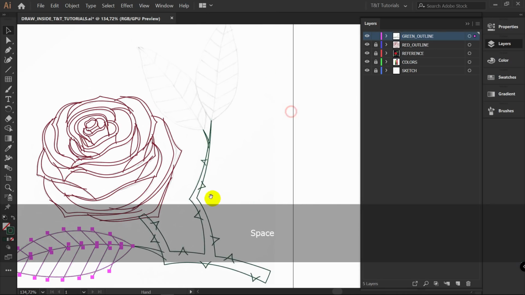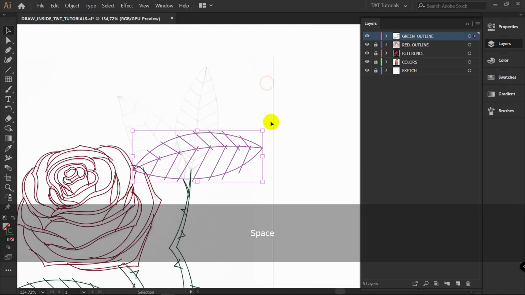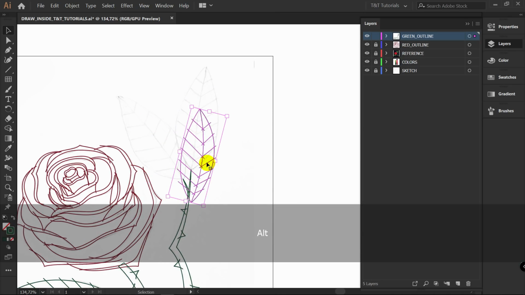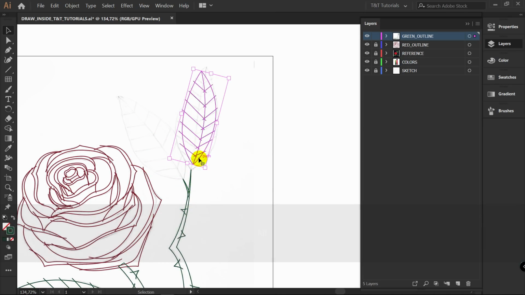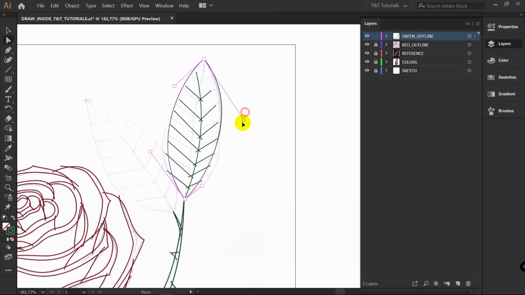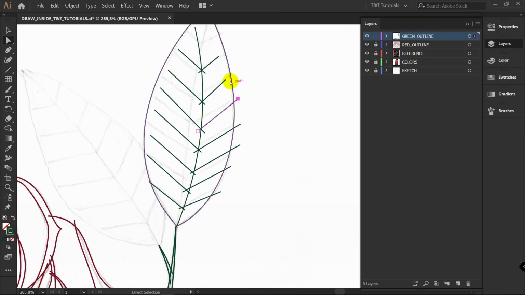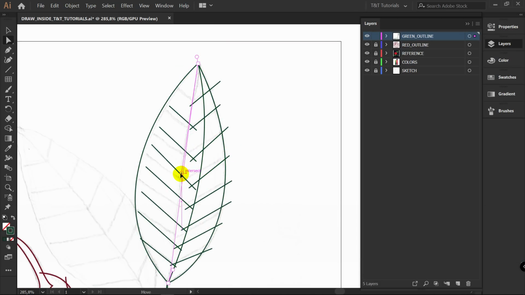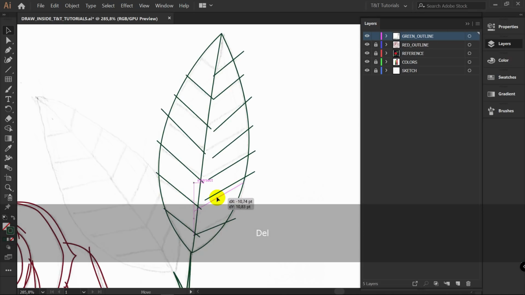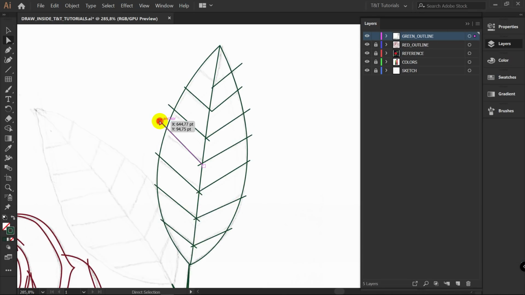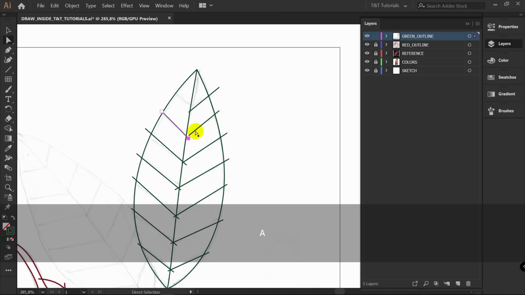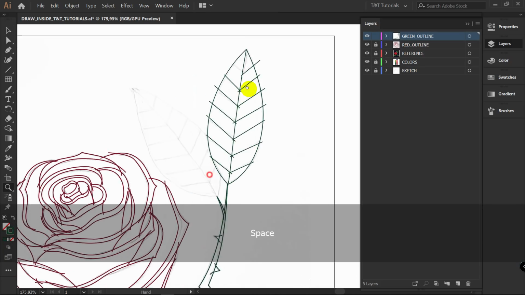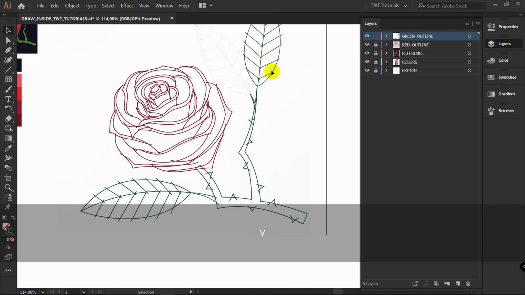Now you can duplicate this leaf, like so, if you want to. You can change proportions of it, or you can redraw the leaf from the sketch. It's up to you to decide. I will match the reference with existing lines. I'm just showing you another combination of how you can work, but the most proper decision for these ones,